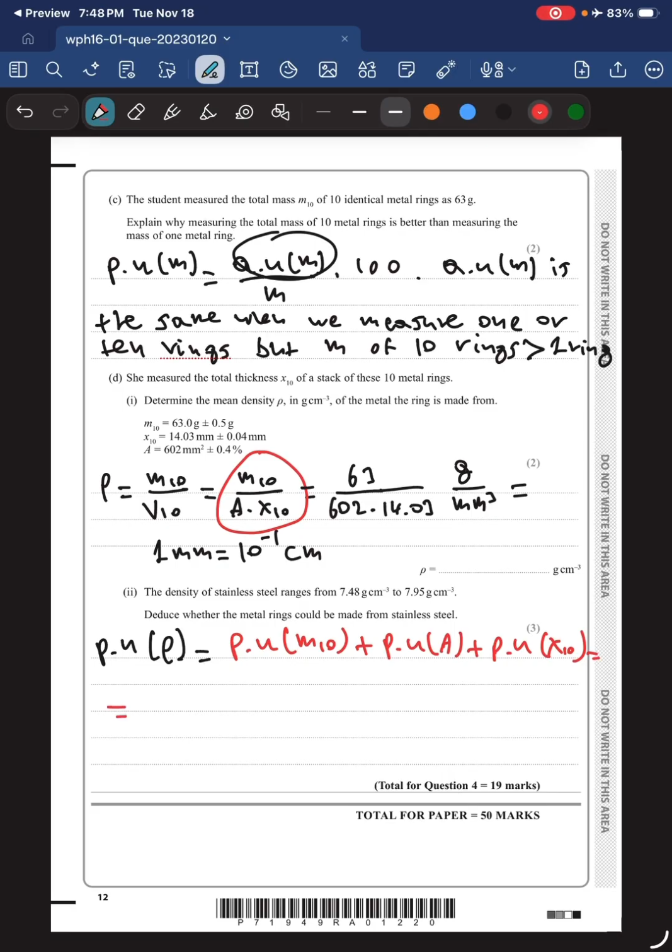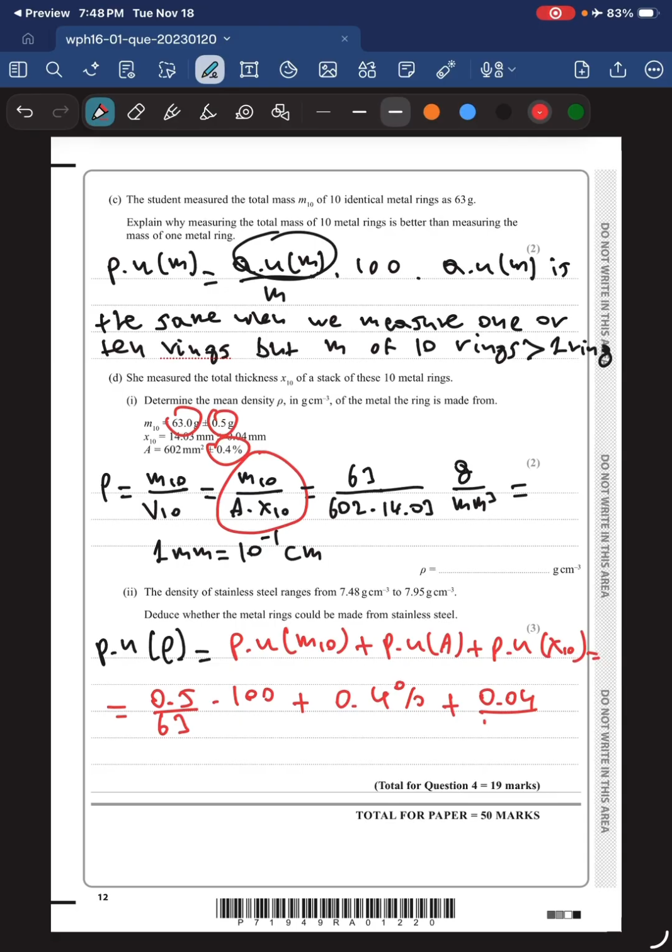Okay, and the percentage uncertainty in M10 is simply 0.5 over 63, which is the absolute uncertainty, over 63 times 100, plus for the area, we are actually given the 0.4%, so we will take advantage of that and use it, and then plus